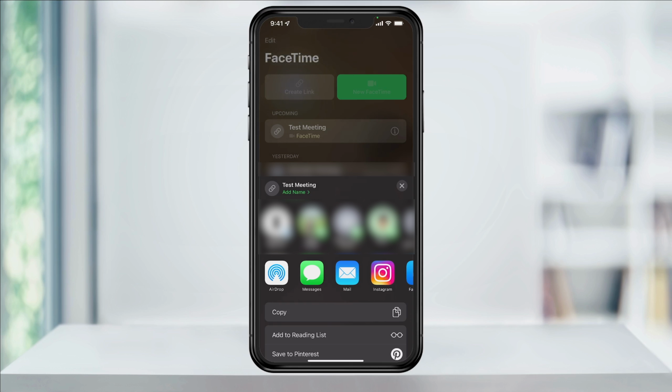If you want to share out the link through text messages, you can then tap that option here. You can do the same with sending it out through email by choosing Mail. We'll do it manually though through a link. Tap Copy at the bottom.